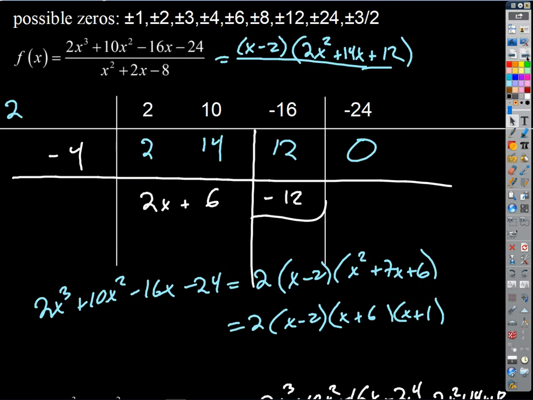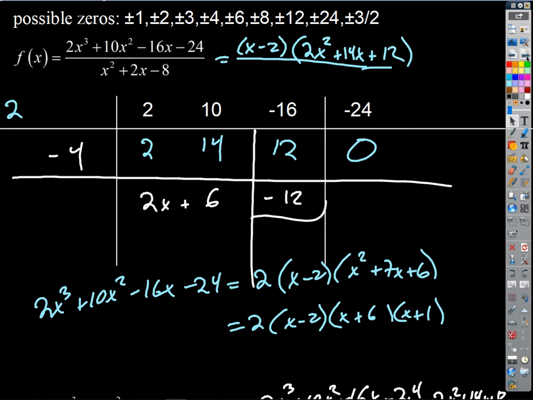We looked over, the top is a 3rd degree polynomial. We got 4 terms. Grouping doesn't work because the ratio of 2 to 10 is different than the ratio of -16 to -24, so we can't group. We had no choice but to use the rational root theorem and just make a list of possible zeros and start checking. And we already did some of that work. We found that